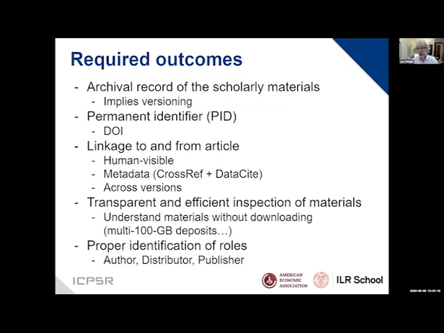So the required outcomes that we're looking for here are, first of all, and this is where ICPSR plays a really good role, an archival record of the scholar's materials, including versioning of those materials. Suppose that we didn't catch a particular error. There needs to be a mechanism for post-publication updates to correct the record, yet maintain the transparency of what was there when it was published and what was corrected afterwards. So the versioning that's implicit in properly curated materials is critical to this. This was not something that normally happens on journal websites when you dump a zip file out there, etc.